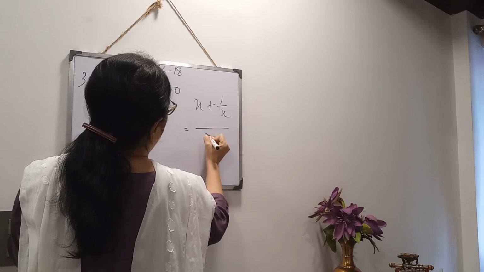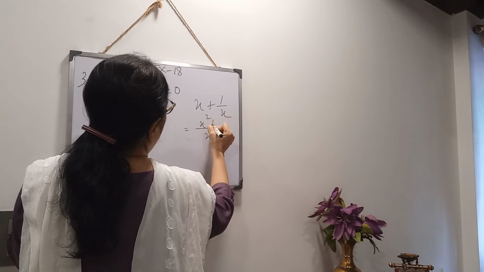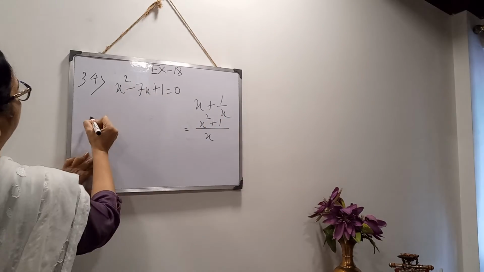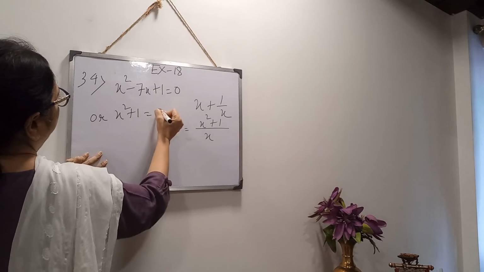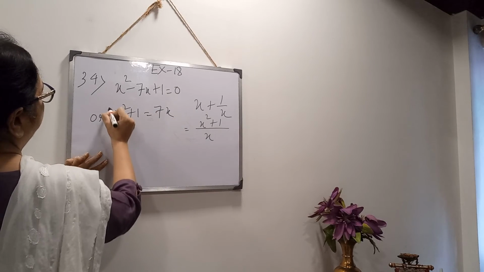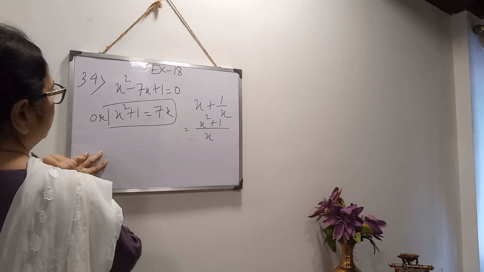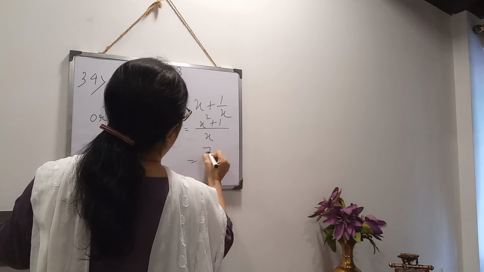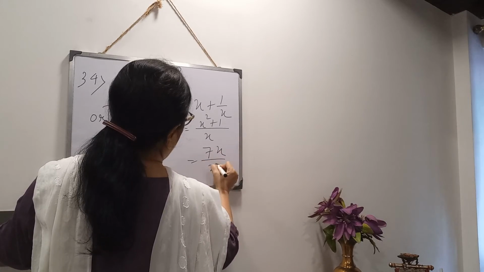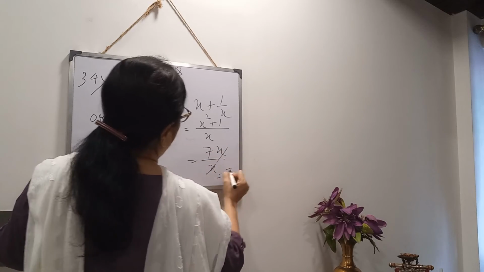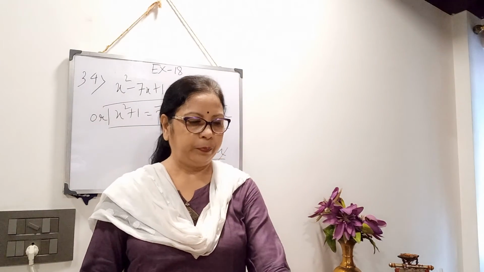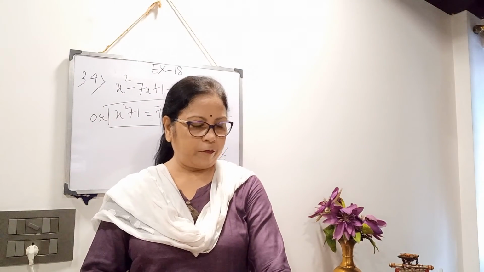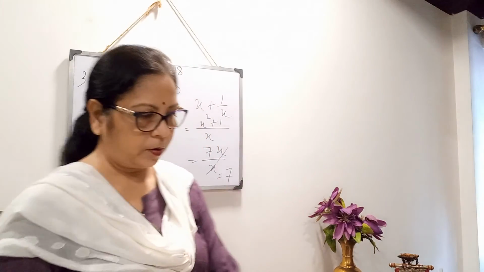Take the LCM of this. It is coming x square plus 1. Now from here you calculate x square plus 1. 7x, taking that side, so x square plus 1 I have got 7x. Now I have put here 7x by x. Just cancel out, 7 is the answer. So I have shown you two methods. Then which one you prefer easier, you will do that. And last one,